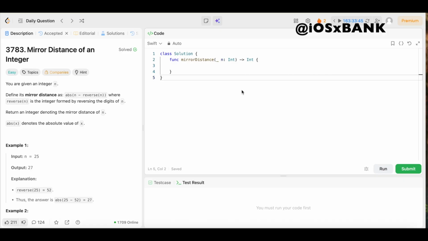All right, y'all, we're back again. Another day, another LeetCode problem where we're doing daily LeetCode problems. And today we have question number 3783, mirror distance of an integer. The difficulty level is easy, so you already know we're going to keep the solution as simple and easy to